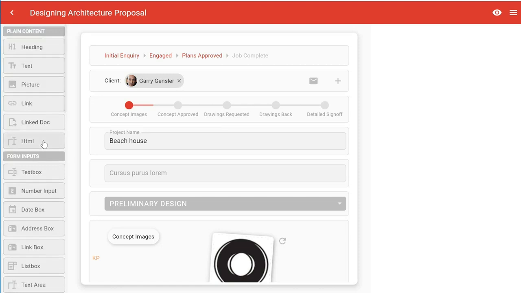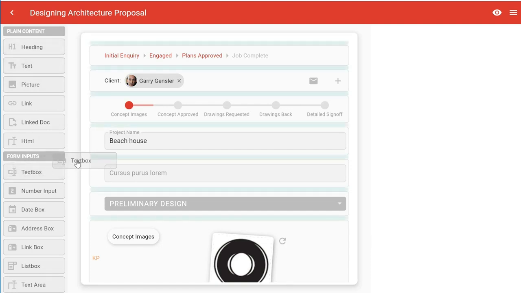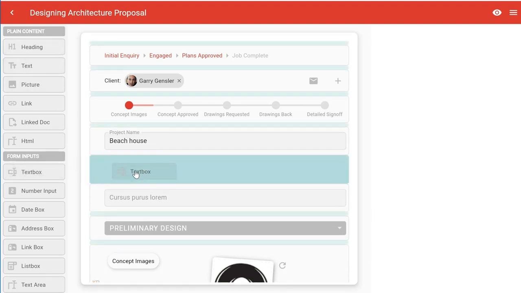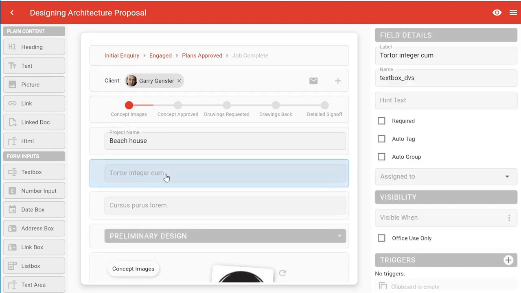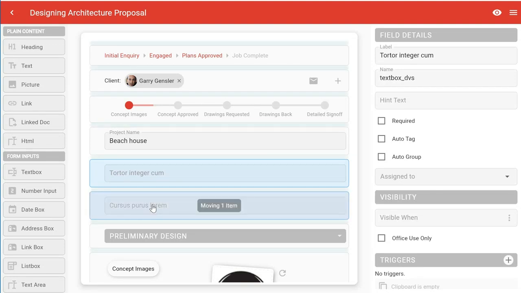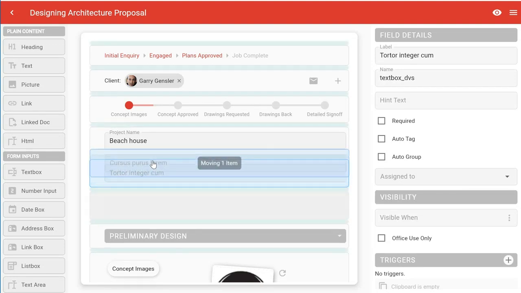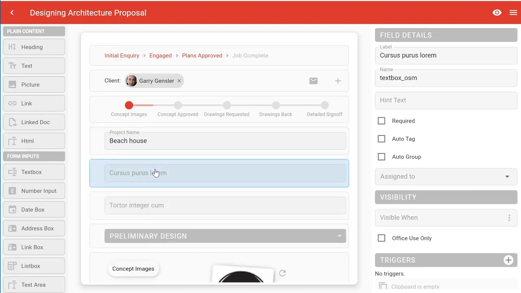So if I decided that I wanted to put another text box under the project name, I click on text box and I drag it across here like that, and drop it where I want it. And you can also reorder things by clicking and holding an item and then moving it to where you want it, like that. Once you've put it in place, you can come over here to the right and give it a name. So the label is what appears above it, so that could be project region,